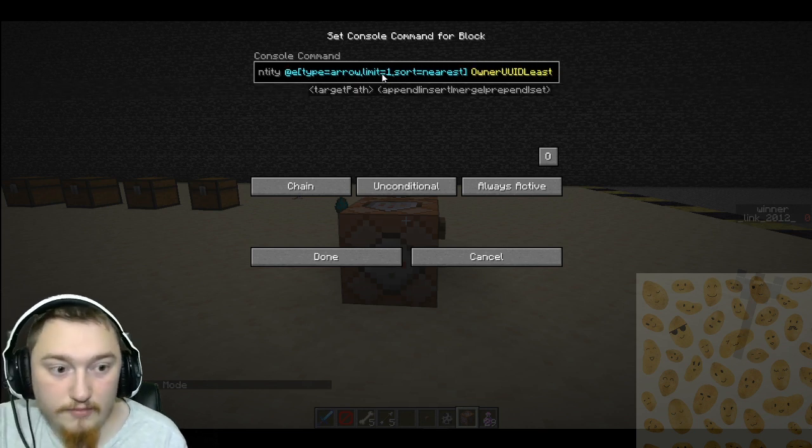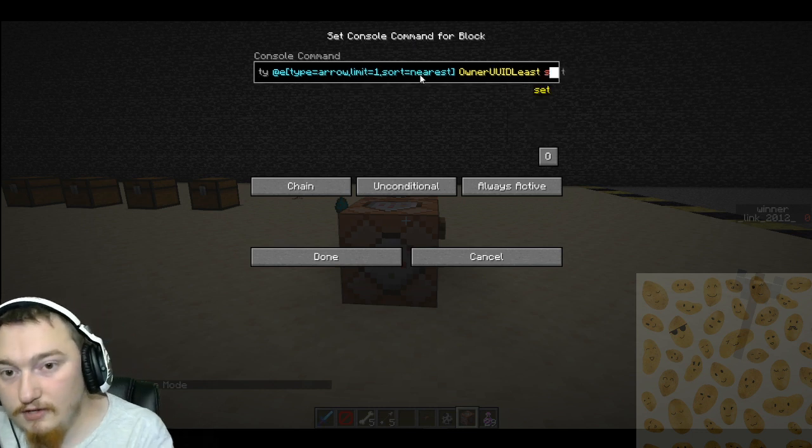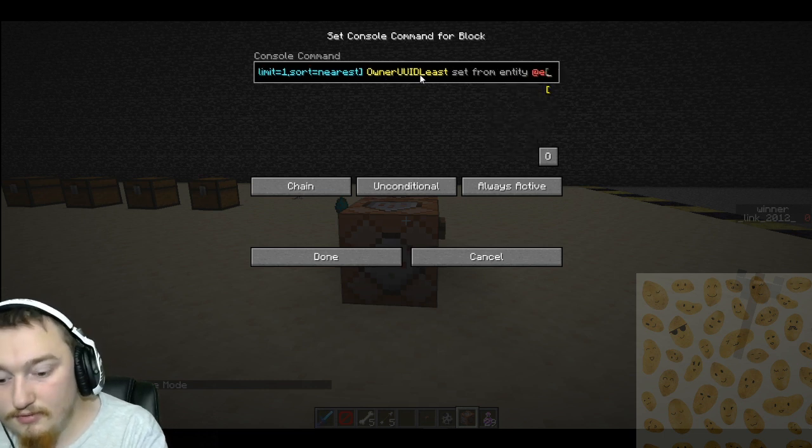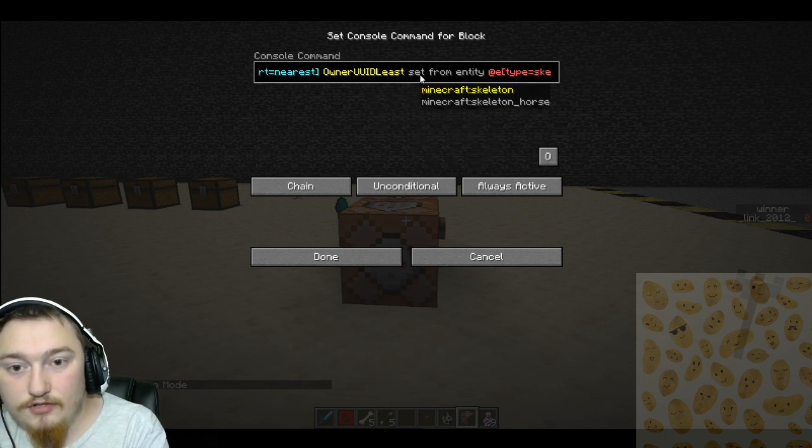And we're going to need 2 of these commands, one for the UUID least, one for the UUID most. From entity at e type equals skeleton